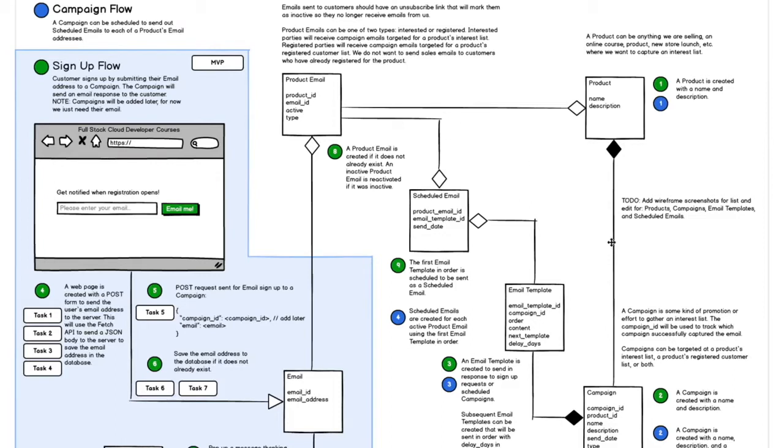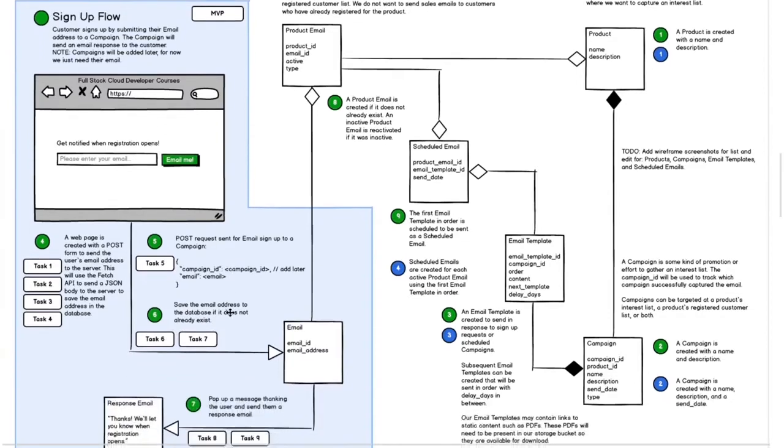We can do everything here manually at first, with the exception of the automated email that gets sent when they registered, because we want the customer to have immediate feedback and not wait for that email to come. So that one will get sent immediately, and then we can go ahead and fill in this system while people are registering. So this is the campaign flow over here in white that we will not be building in this lesson and course. We will build this in another set of courses. And then here's the simple sign-up flow, which is the one where they sign up and send their email down